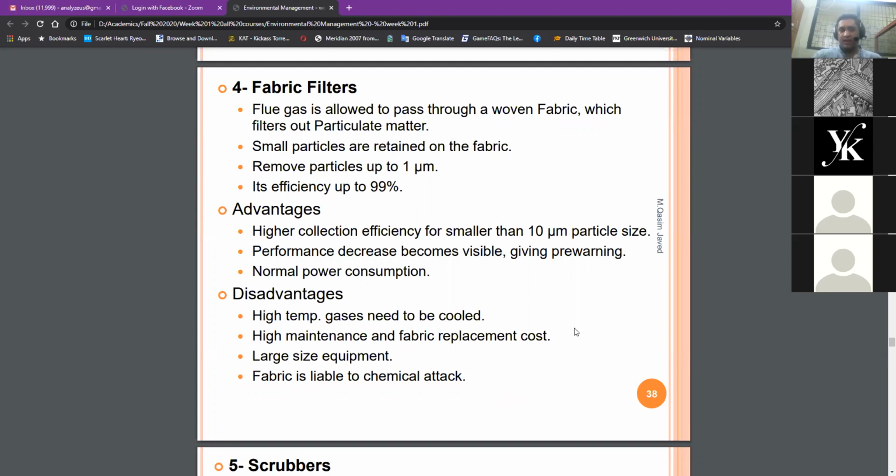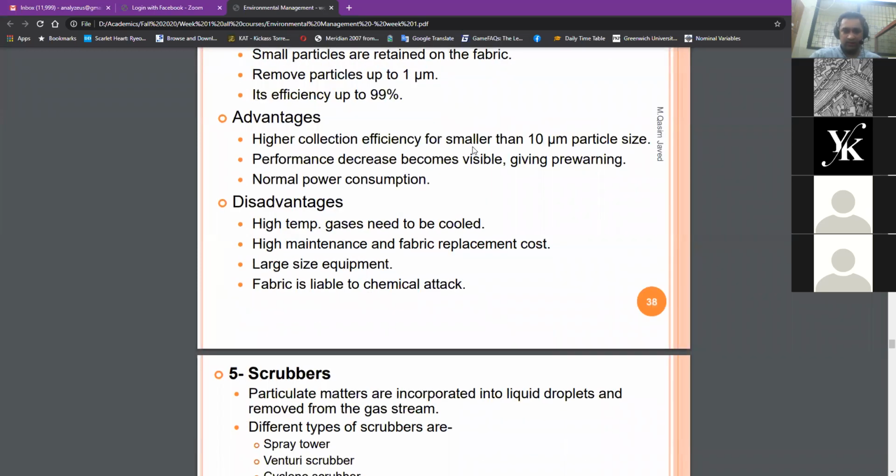So the problem here is again, there are so many methods, so many techniques, and so many technologies. Depending on what requirements we have, we have options to select from. Now we have to select which is the right technology for us: what kind of pollutants we have, what the temperatures are, what the cost is, what environment we have, and what spaces we have. Based on all of those factors, we can decide which technique or technology we have to follow. The systems have their advantages and their disadvantages. It is up to us which fits our requirements better.